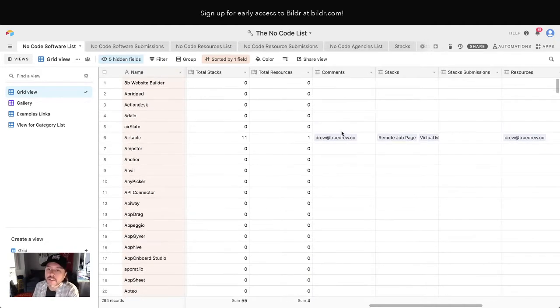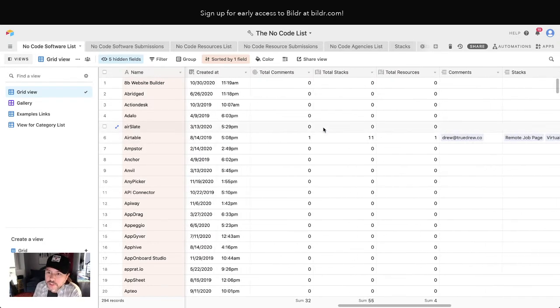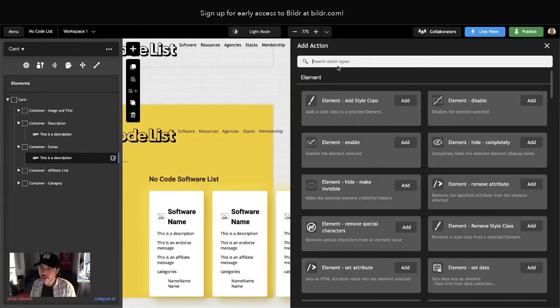What I had planned on doing, because I hadn't looked into this previously, was to see if these values exist and count them up. But actually total comments is a roll-up field in Airtable. Total comments is already counting them for me. So all I need to do is a conditional. I need to check total comments. If it's 0, show the message that says, do you love this tool? Want to endorse it? If it's greater than 0, then I'll output the number and say how many endorsements it is. So I'm going to insert a conditional